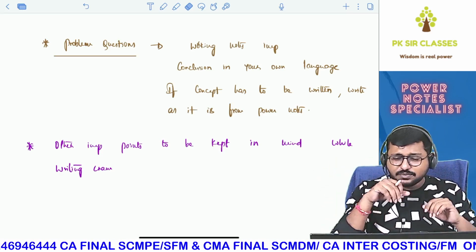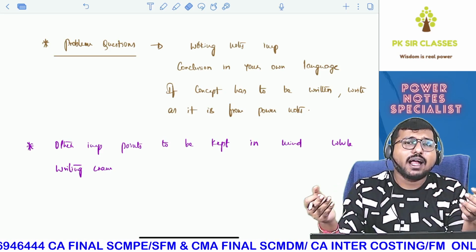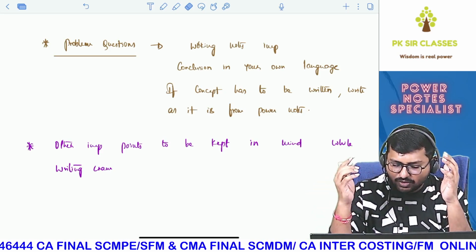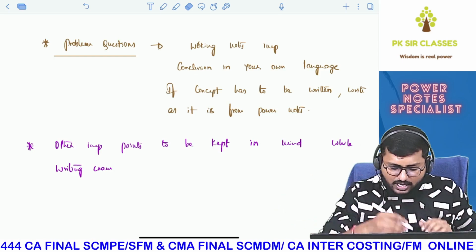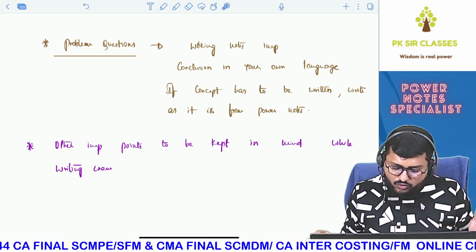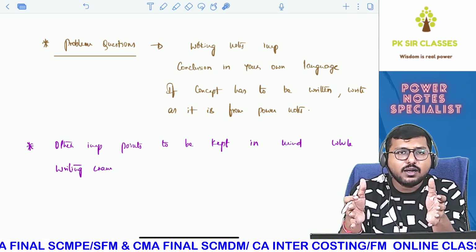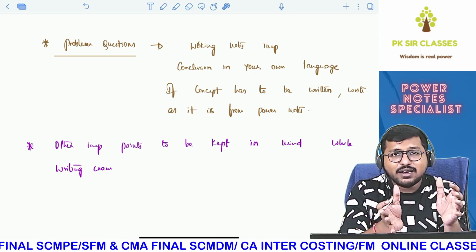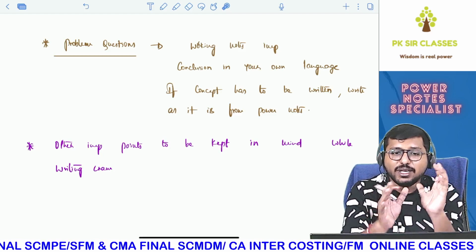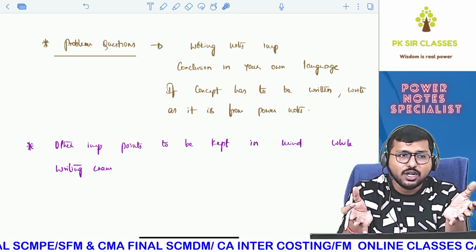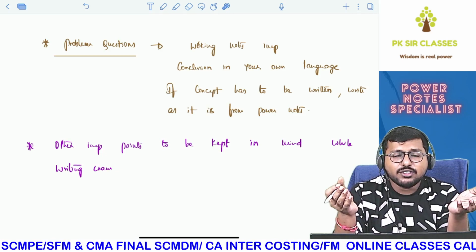Therefore, he wants to correct your paper as early as possible. So try to think from his perspective. If you are in his position and you want to correct papers fast, what would you do? How would you present your paper? You present it in a neat manner. If this is the answer, you try to show him in a clear way so that he can easily find the answer without struggling hard. Are you able to understand?